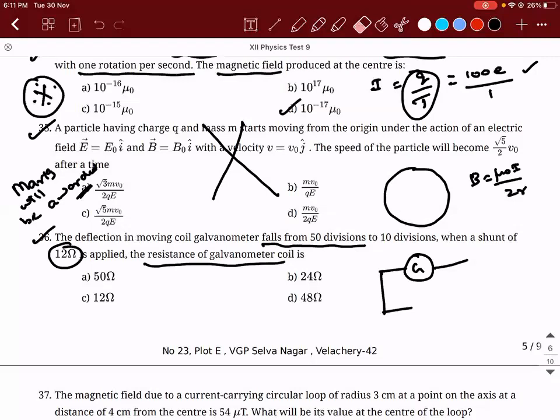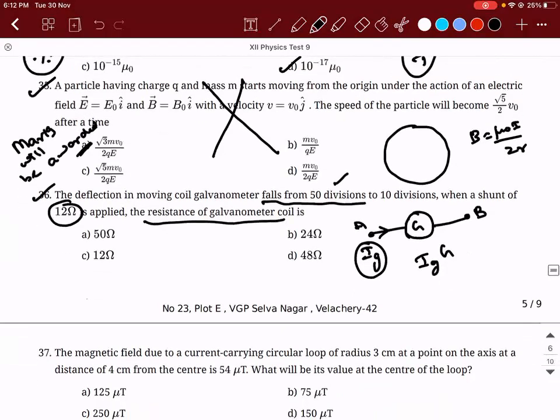So initially what has happened? The galvanometer is like this. Moving coil galvanometer, connecting a resistance. When you pass the full scale deflection current, then the current could push the pointer to 50 divisions. Correct? So initially, what is the value of potential difference across the terminals A and B? It is Ig into G according to Ohm's law. Is this clear? This is a tricky question. Yes, sir.